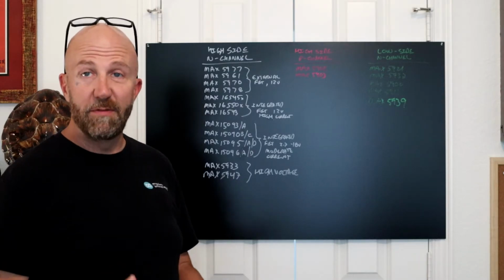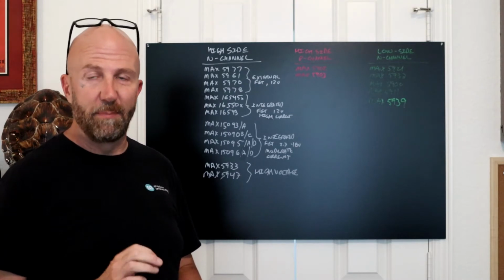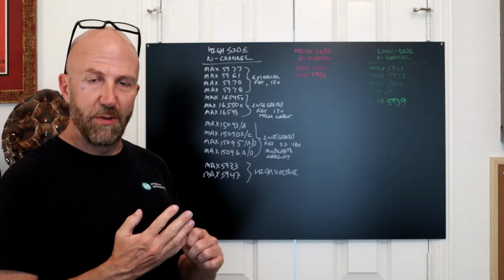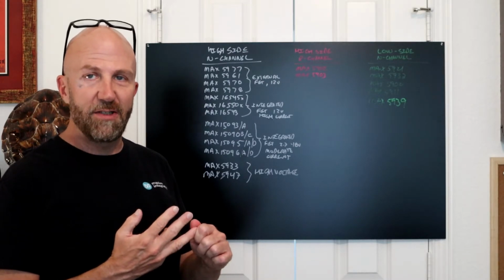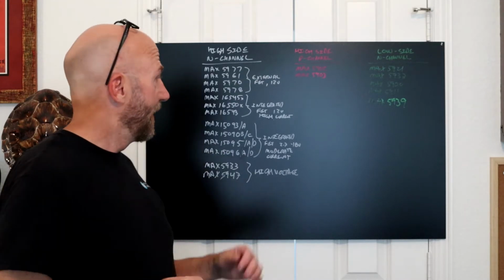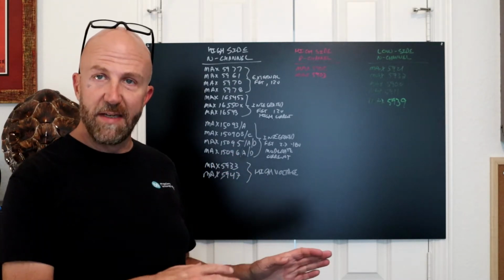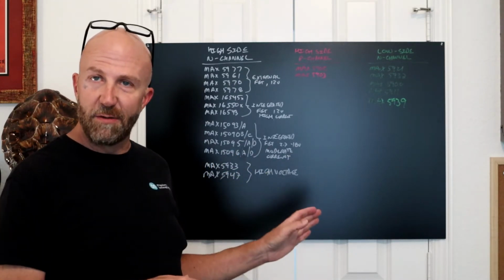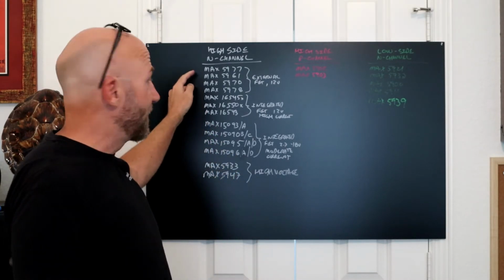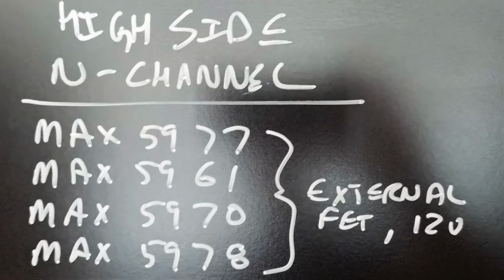At this point, I feel like we've just scratched the surface of hot swap control and power protection, but we did cover the four major circuit architectures, which are high side N channel, high side P channel, low side N channel, and the kind of hypothetical low side P channel. Along those lines, I want to run through a list of Maxim ICs that fall into each of those categories. So for high side N channel, we have the Max 5977, Max 5961, and Max 5970, and Max